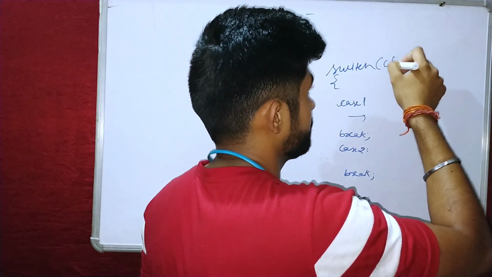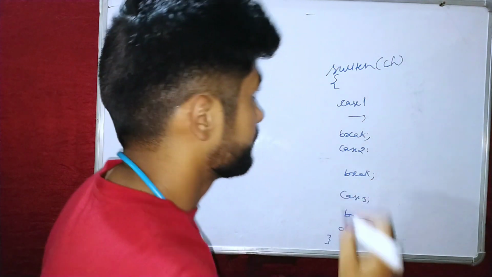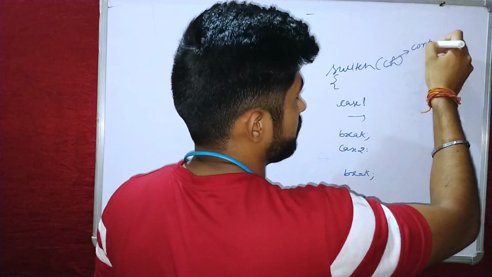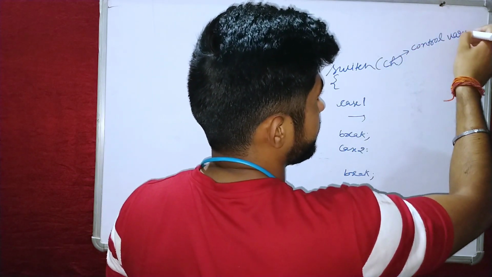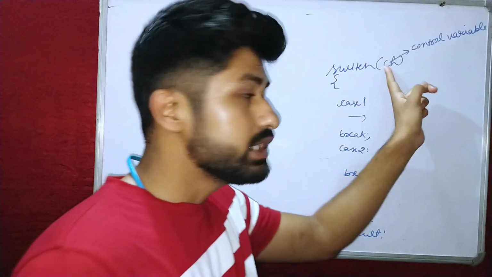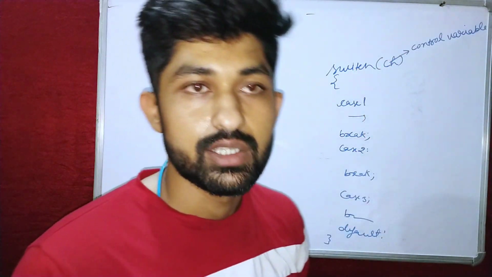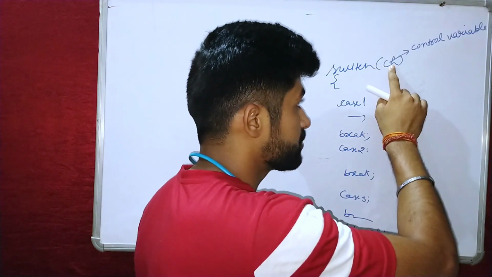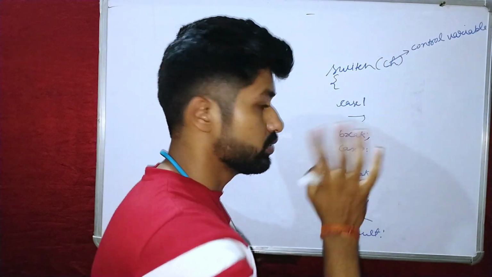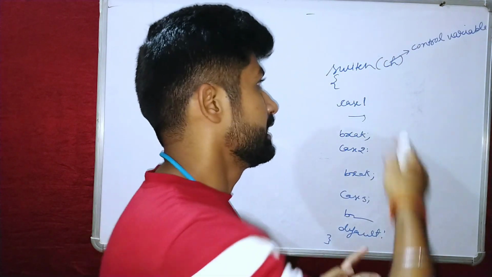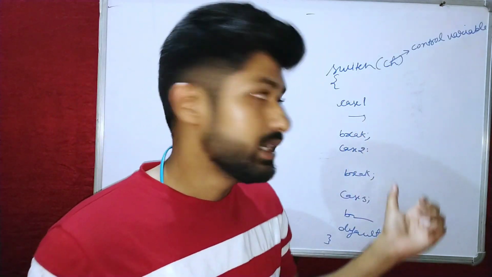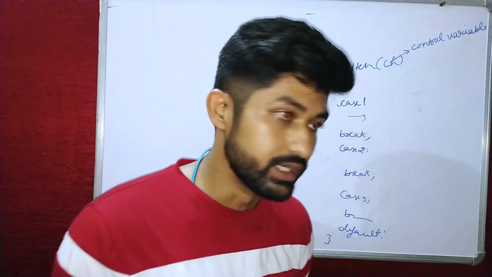Here you will pass the choice. See, this variable that is passed inside the switch case is called the control variable. Why are we calling it the control variable? It is called the control variable because this is the only variable that will be controlling the functioning of the switch case. If the value of ch is 1, then case 1 will be executed. If the value of ch is 2, then case 2 will be executed. That means depending upon the value of ch, the matching case in the switch case will be executed.